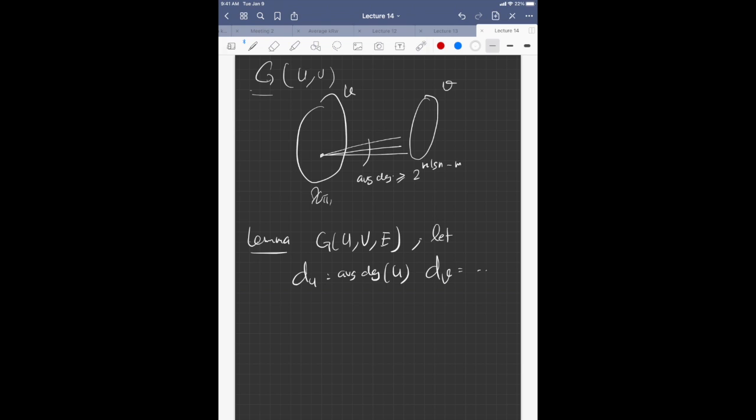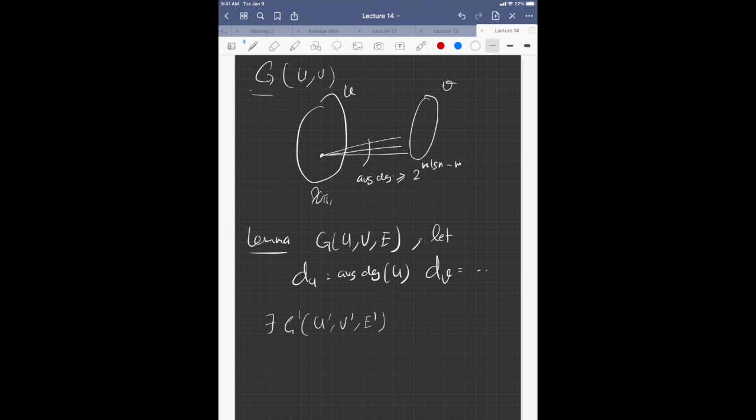Then I want to claim that there exists some subgraph G' on U', V', E', where U' is a subset of U, V' is a subset of V, and E' is a subset of E,